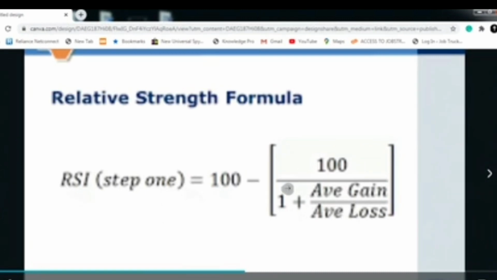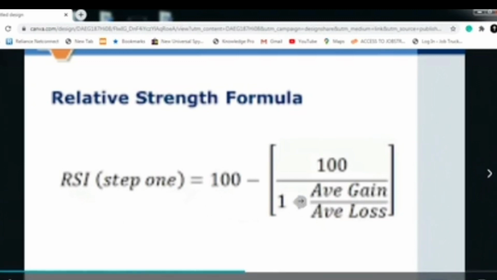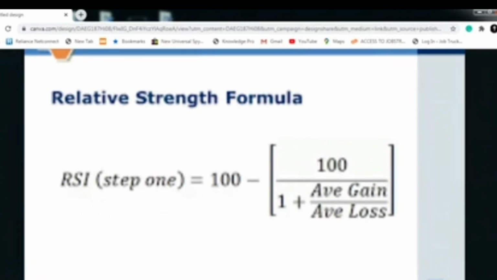Once more, I'm taking you back to the equation to understand better. Relative strength index has a simple formula. You just have to remember the average gain and average loss. Average gain is the 14 days gain that a stock is having, and average loss is the same for the loss over the past 14 days. Okay.